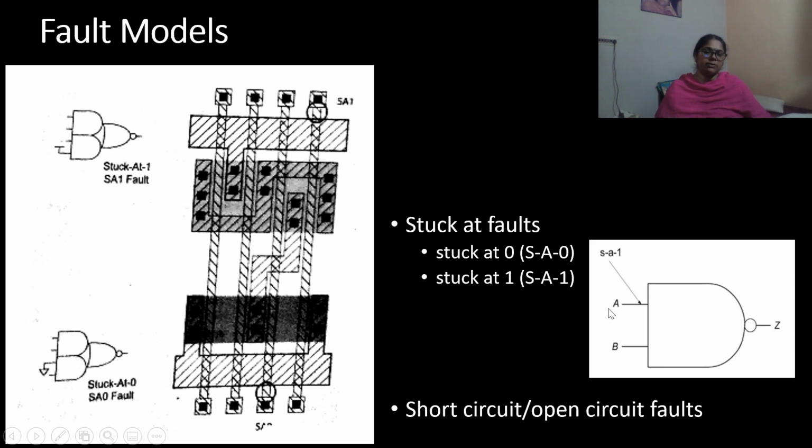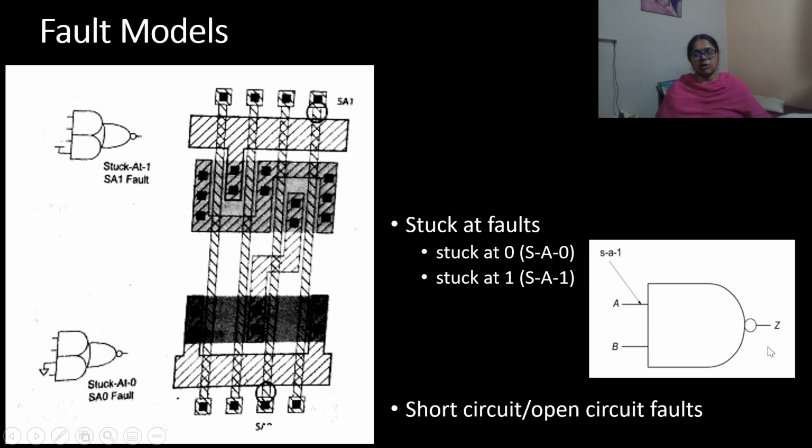Basically, when we give A equal to 0 and B equal to 1, the NAND gate should give me logic 1. But because the A input is stuck at 1, even though we are giving 0 as the input to A, it will be taking the input as 1. And B anyway we have given the input as 1. So the inputs given to the NAND gate would be 1, 1, so the output will be 0.